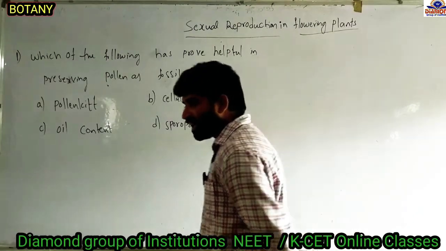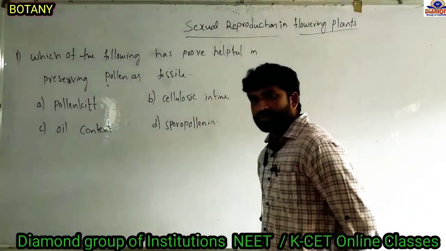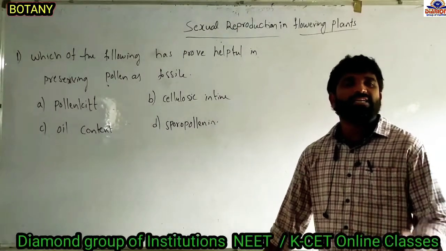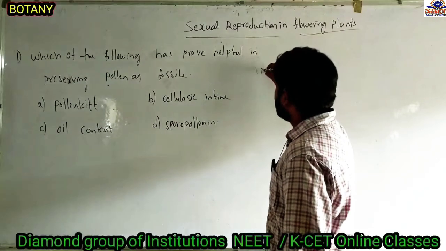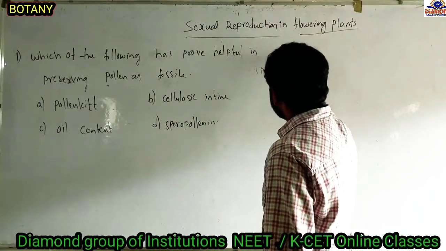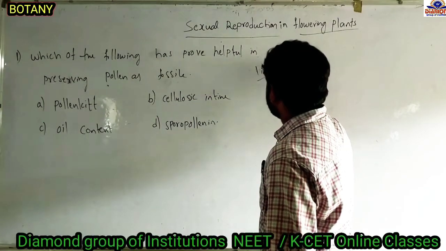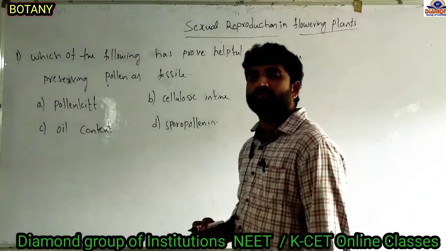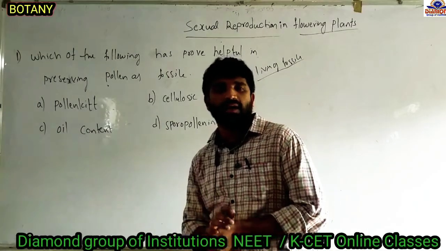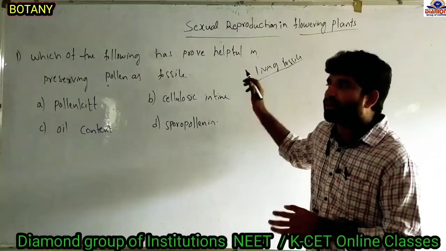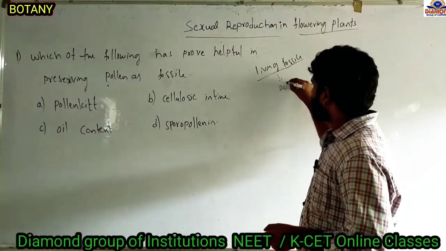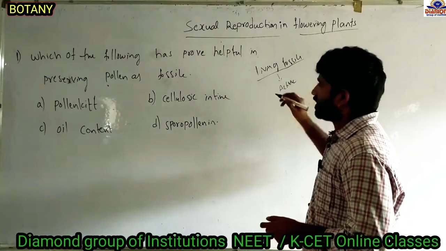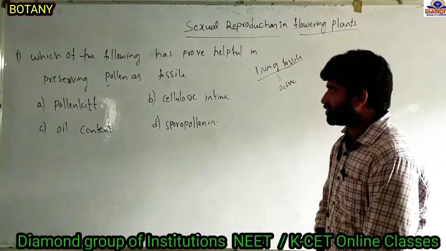Fossils are structures that remain in active condition for several years. Pollen grains are also called living fossils, meaning they can survive for up to many years, even 100 years. These pollen grains are present in an active condition. Why? Based upon which option?